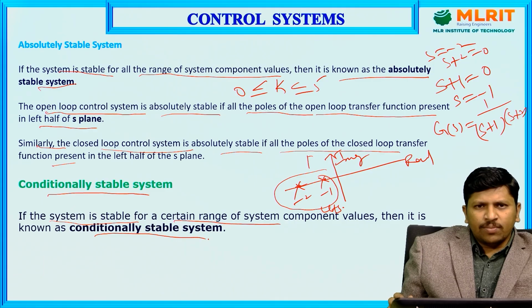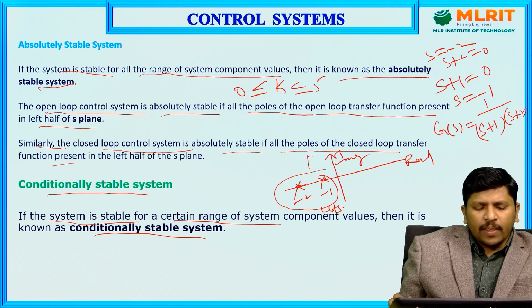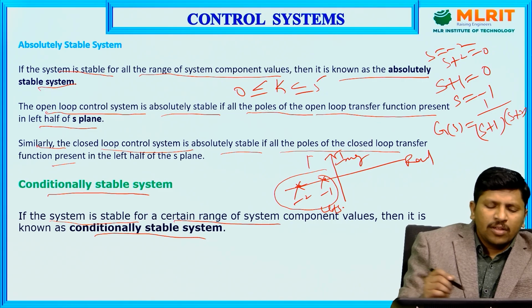If a system parameter or component has a particular range of values, for example a certain range of 0 to 25 or 0 to 100, and the K value lies only between that range, then that system is nothing but a conditionally stable system. So, conditionally,